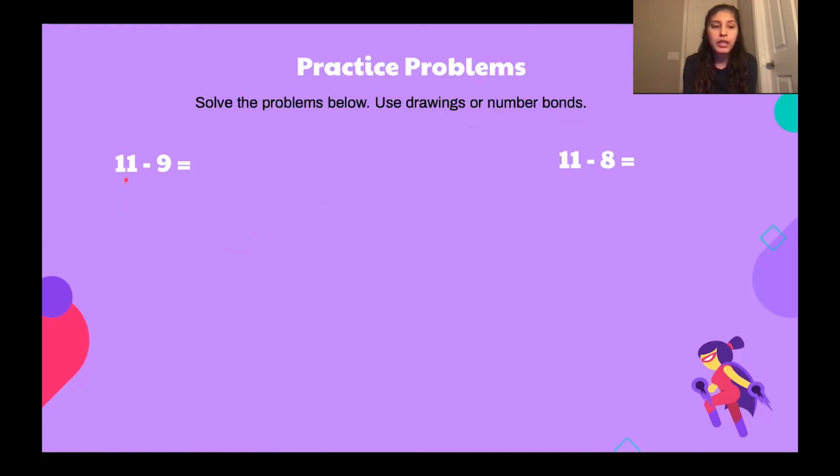So here I have 11 minus 9 equals, and then the other problem is 11 minus 8 equals. So what I want you to do is to go ahead and get your piece of paper and pencil and copy these problems down and then solve them with either the number bond, the drawing, or the count on strategy, okay? And then once you've solved it and you have your answer, you can hit unpause. So pause to solve it and unpause to see how I did it and if you got the same answer